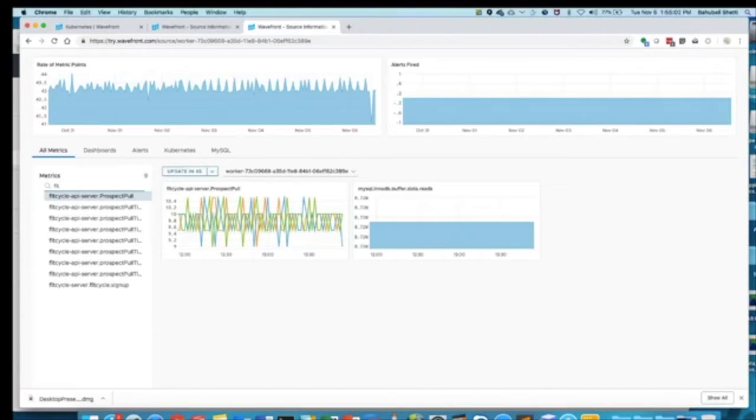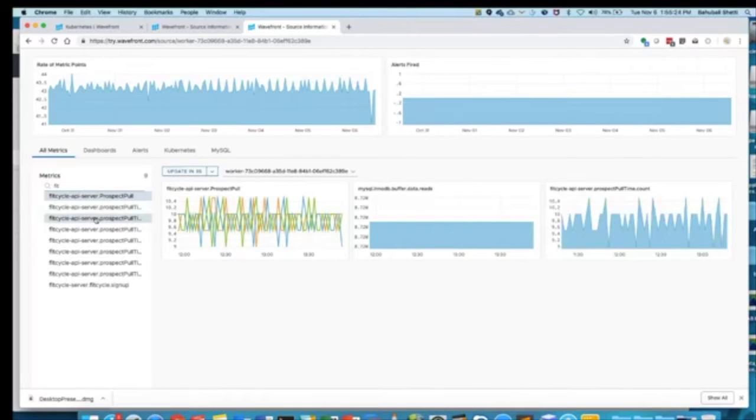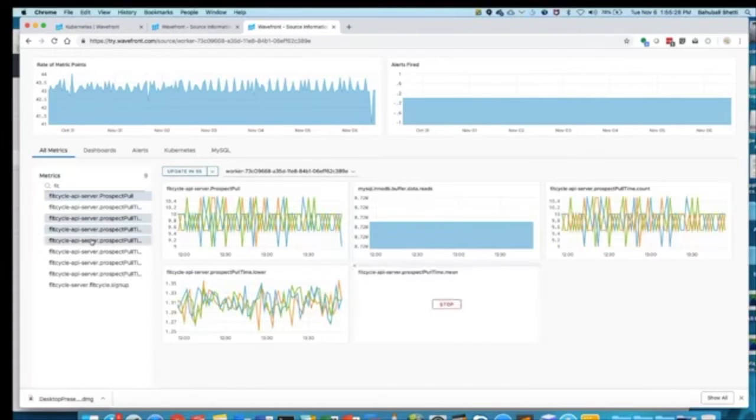So I've got my sign up time, that's for a sign up thing. That's another call in there. But here's my prospect pull, which is just telling me how many times it gets hit. Then I've got timers in here. And that one single timer line that I put in before the call gives me a bunch of different values. I can get the total timer count, the lower component of it, averages, the means, etc. So now I have a rich set of information about what's happening with my API server